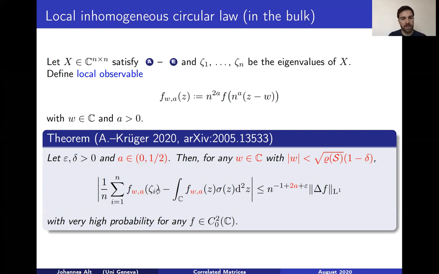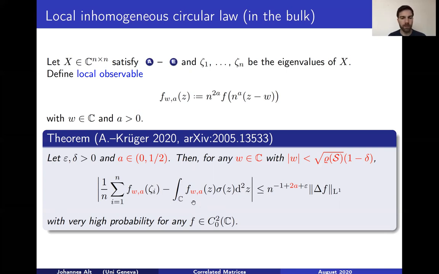And then we look at the same observable as before, except that we replace the f by the f_{w,a}, and also on the right-hand side here. So that means again that this quantity becomes deterministic when n is very large. We have an essentially optimal error term, rate of convergence here,